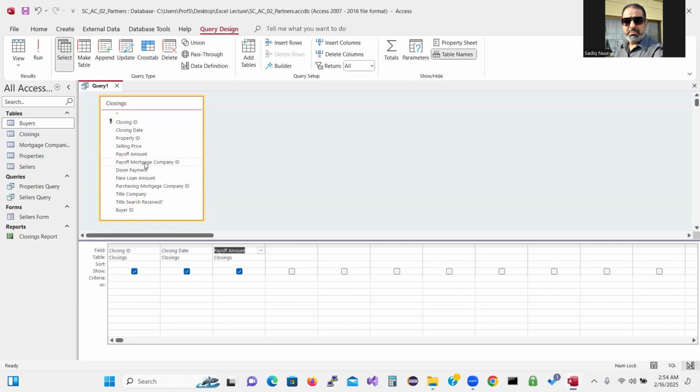Payoff mortgage company ID, and then we need the new loan amount. Double click it to add it to the design grid, and then we are looking for purchasing mortgage company ID, right? So that's what I want, and then I want the buyer ID. Double click it. So once you added all the fields that you're going to ask a question about, now the next is